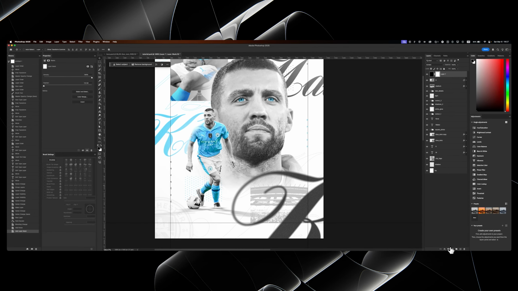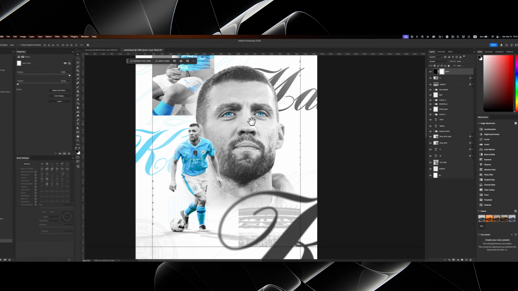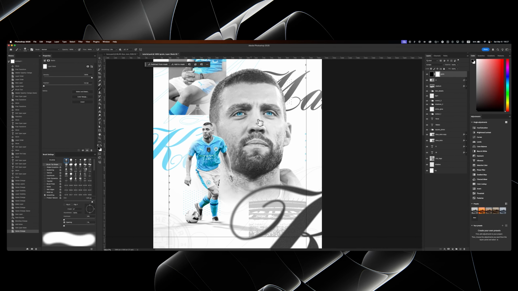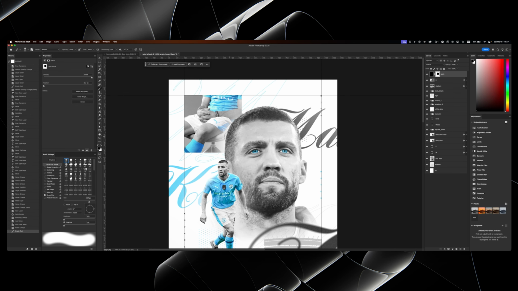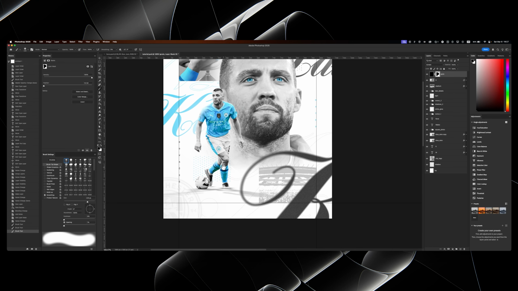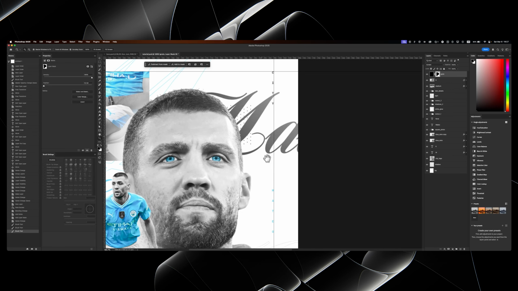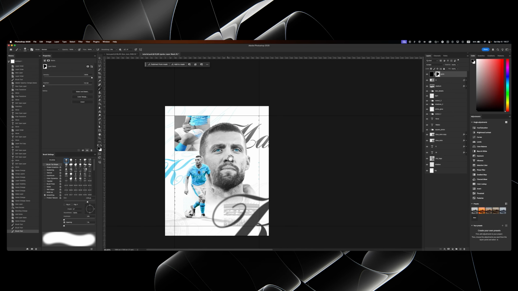And we're gonna mask that layer, and we're gonna remove the grain from his face because it doesn't look that well. And using a black brush, just go over his face, maybe over his photo a little bit, and maybe over the whole cutout actually, because the main part where I wanted the grain was this letter and these texts, and